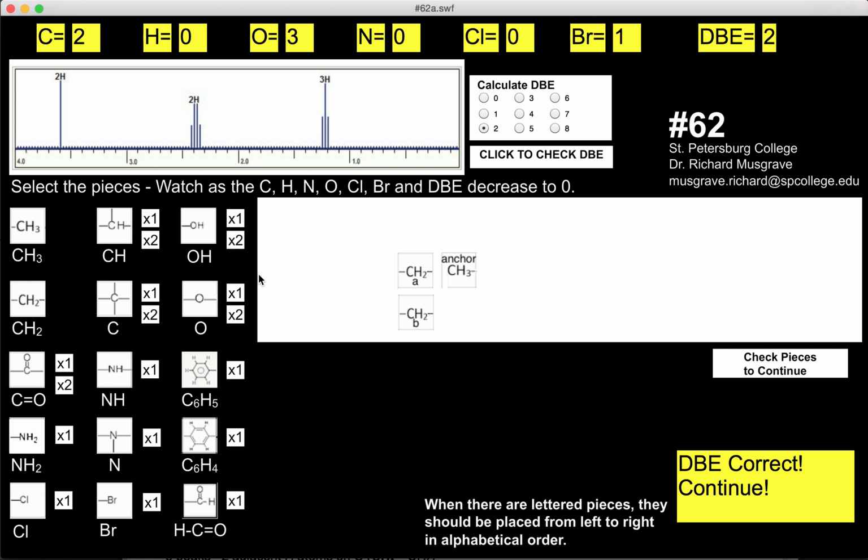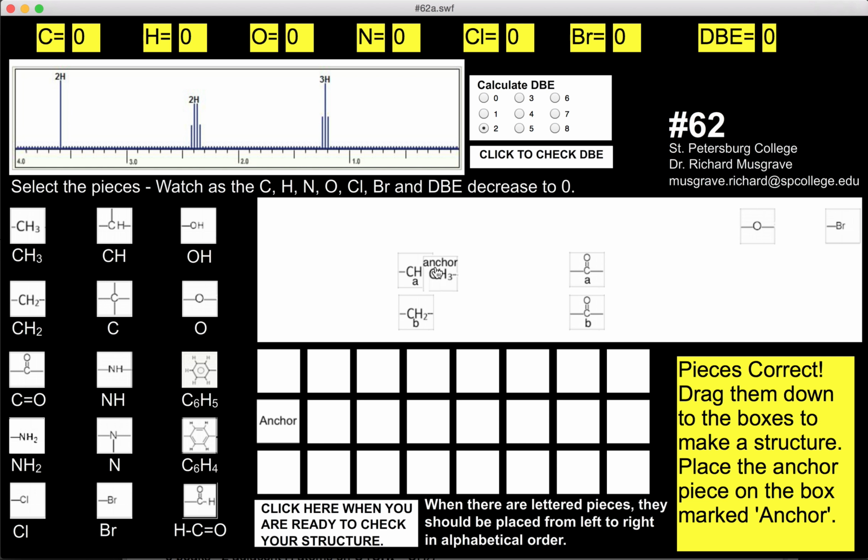I think what I would be inclined to do is choose two C double bond O's, and that leaves us now with an O and a Br. That would be an O, and this would be the Br. So these should be all the pieces. We can put them together now, and what we can see is that we have a CH3 here, and it's